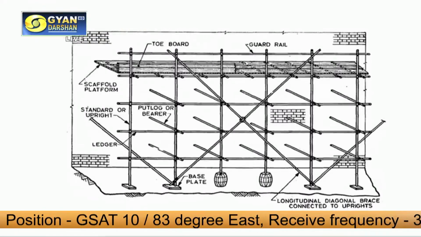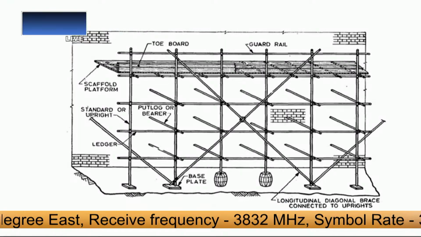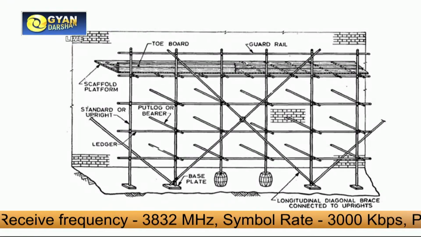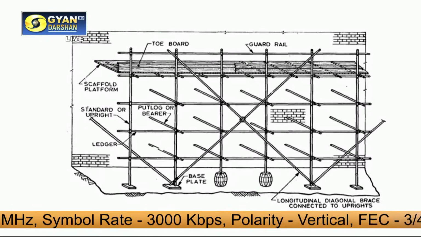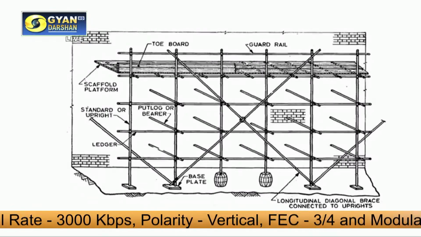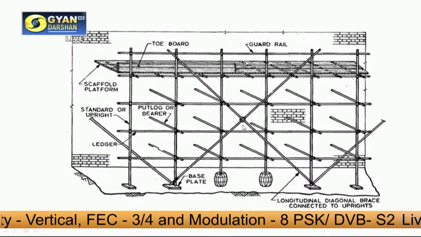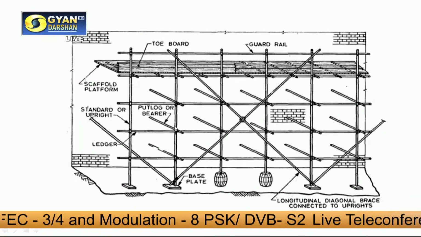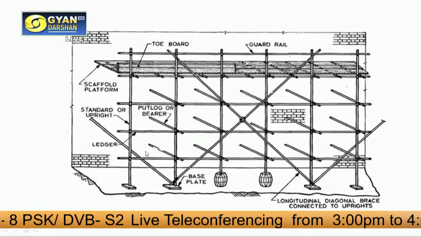Now just look at this graphic. It will give you a pictorial view of how it looks and what its components are. As we can see, there are horizontal as well as vertical members. This is a horizontal member. These are horizontal members. There are vertical members also.